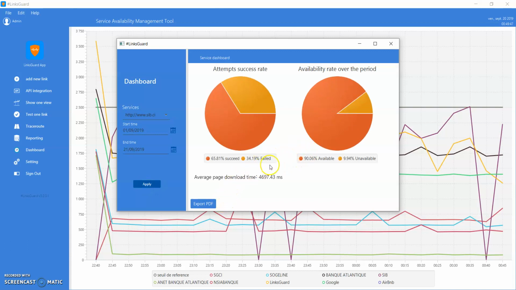For example, this website has been available 99.06% on this period. I can export to PDF for a presentation, for instance.